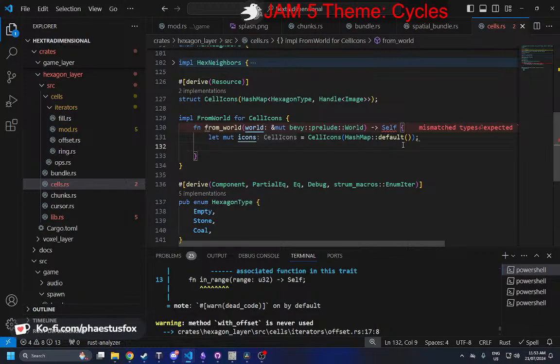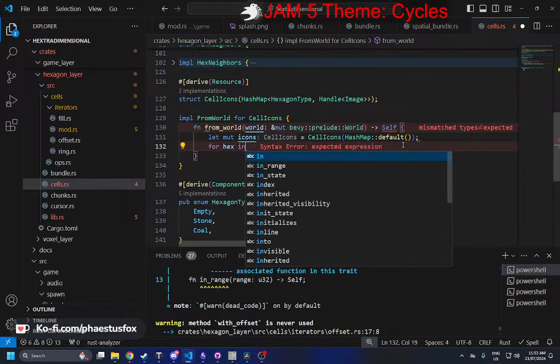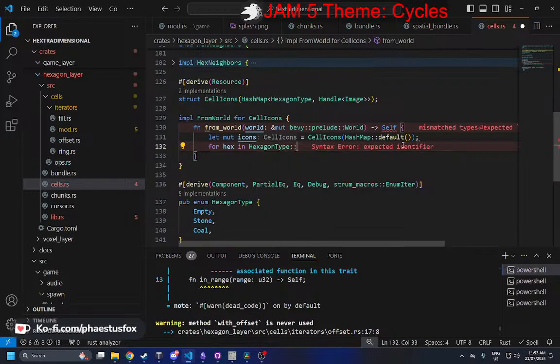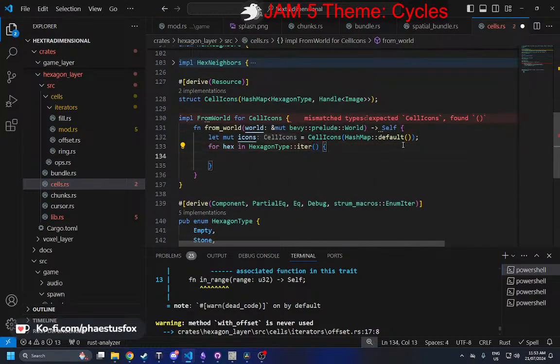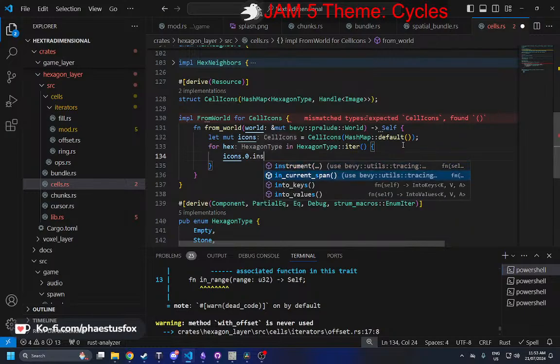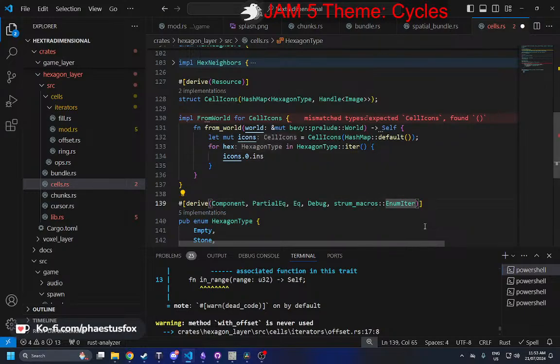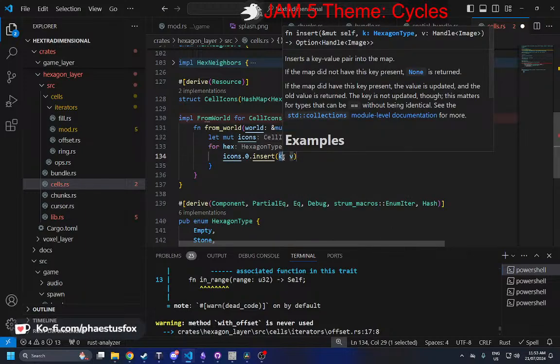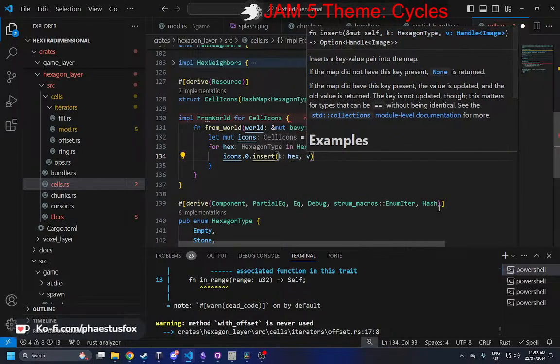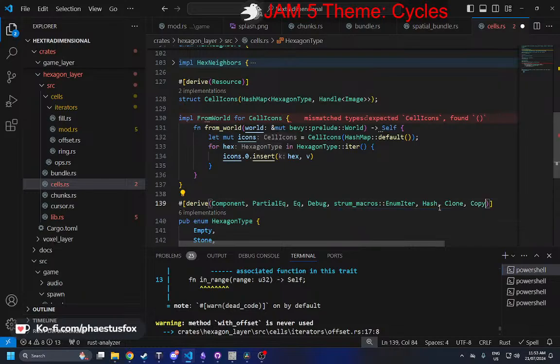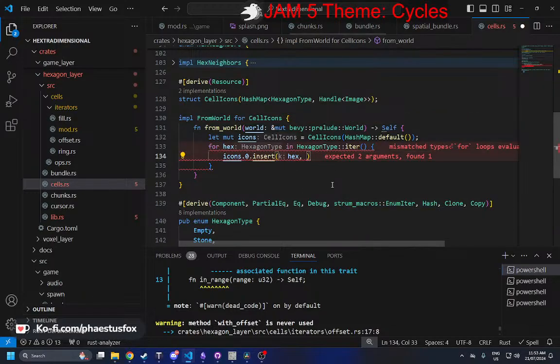Okay. Then we're going to say for hex in hexagon types iter, icons.0.insert, because you're not equal, you're hash, so it's hash insert, and that's going to be hex, because there should be clone and copy as well. Clone and copy. Okay, so we're going to insert hex, and then we need access to